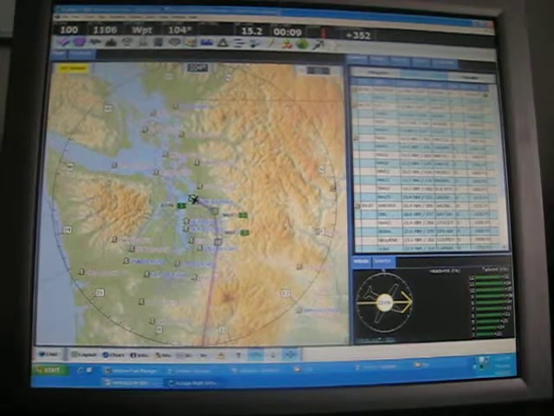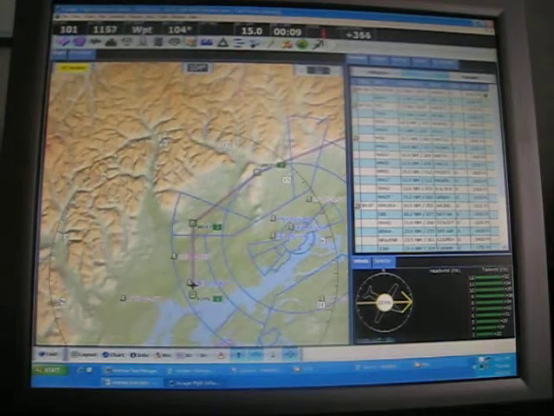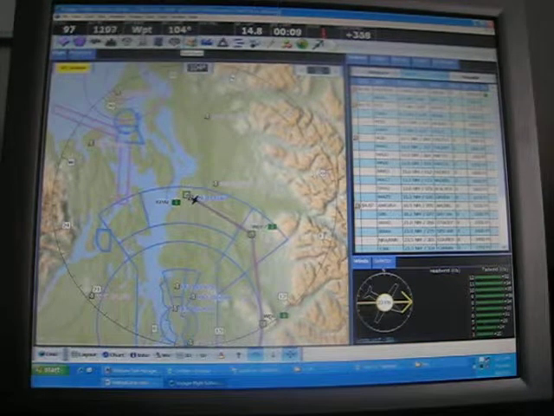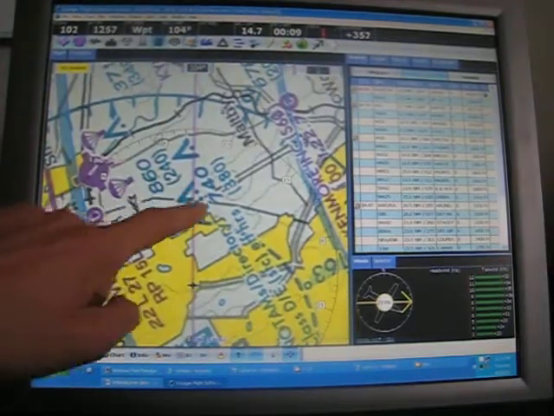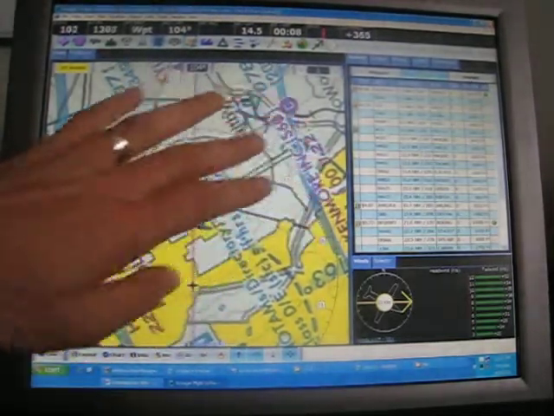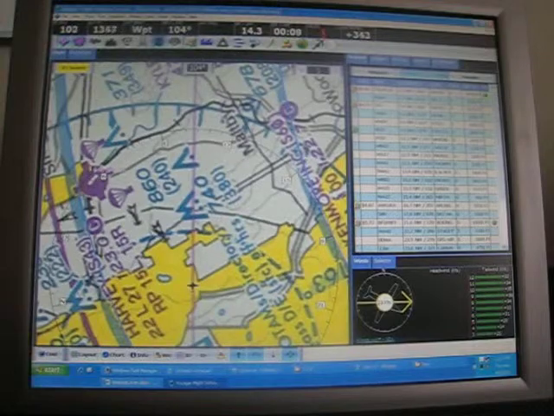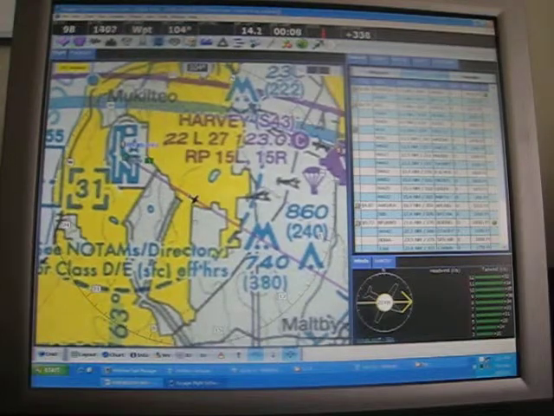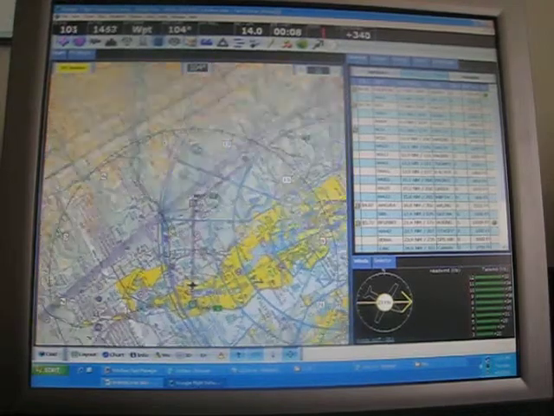So let's see what else is interesting that I can show you here. For modes, you can put it into track up or north up. That can be a pretty handy feature. Pretty hard to do if you're using scanned sectionals. If you wanted to be able to fly and navigate around, this is an obstacle here. This is a parachute area. Putting in track up is convenient because turning right is right and turning left is left. You don't have to try to twist it around in your mind. But then, as you can see, the text is upside down, so it's hard to read. So if you wanted to read something quickly, you could put it into North Up, read what you need to read, flip it back. There's a whole bunch of other features that you can see,